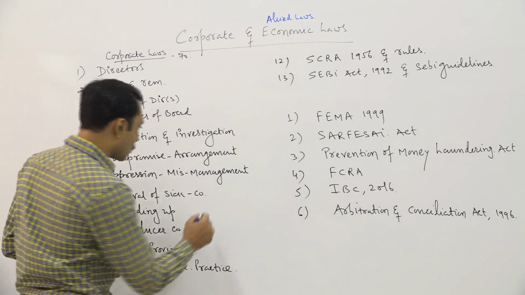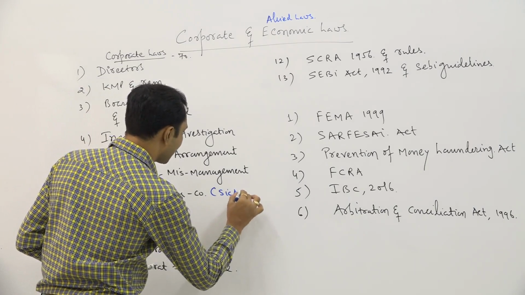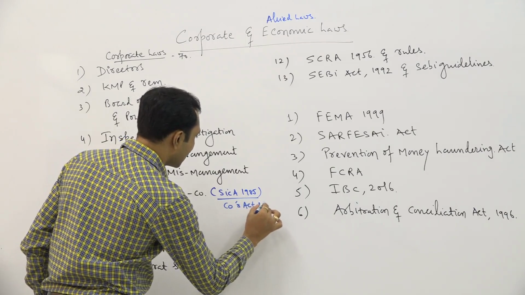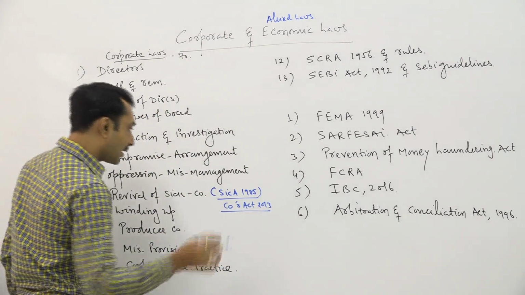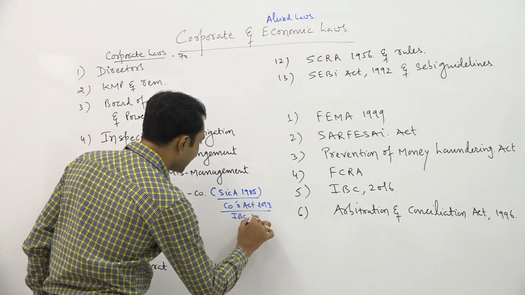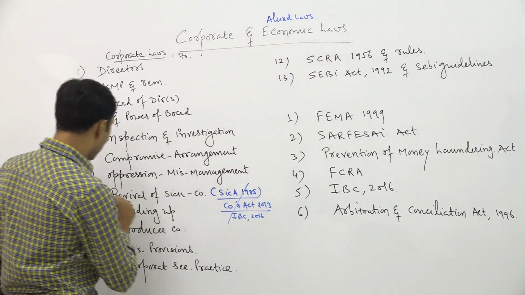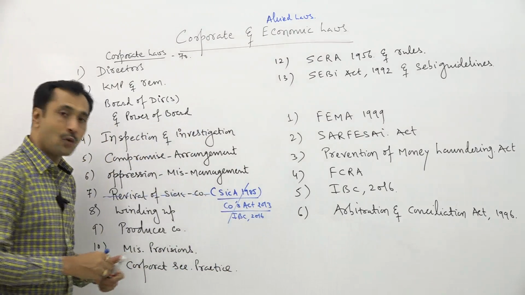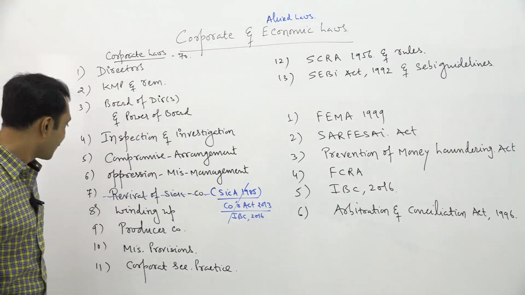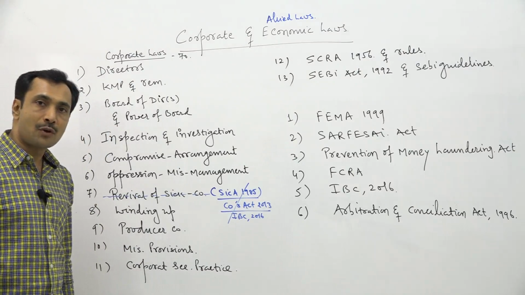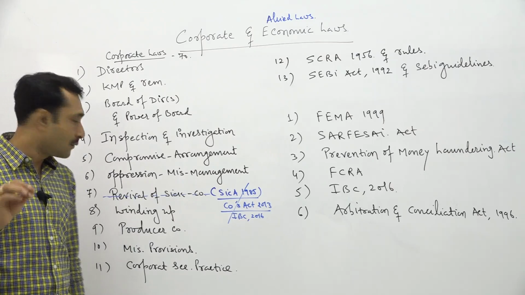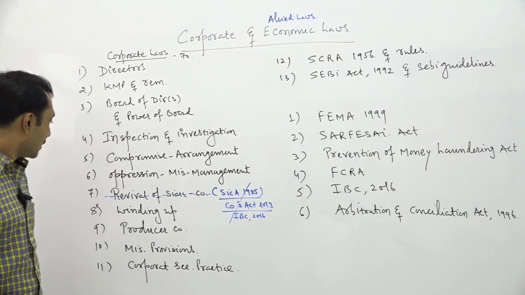because the provisions of the Sick Industrial Companies Act 1985 have been repealed by the Companies Act 2013 as several provisions, and again these provisions of the Companies Act 2013 have been repealed by the IBC 2016. So this chapter should not be there, in my opinion. I think the Board of Studies has not paid attention to this point. Winding up, producer company. The producer company is the only chapter still to be learned from the Act of 1956, and miscellaneous